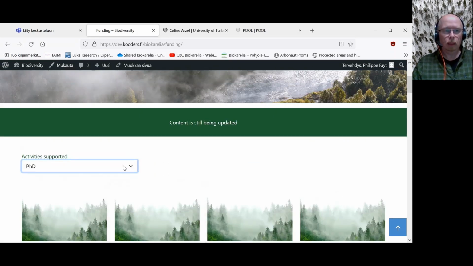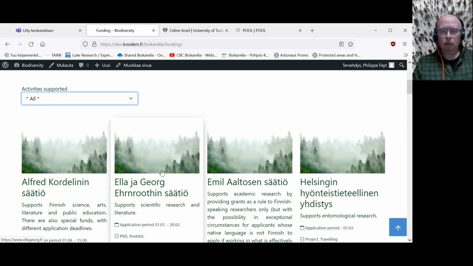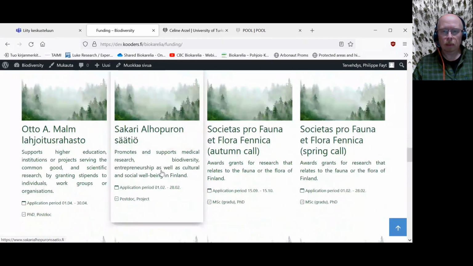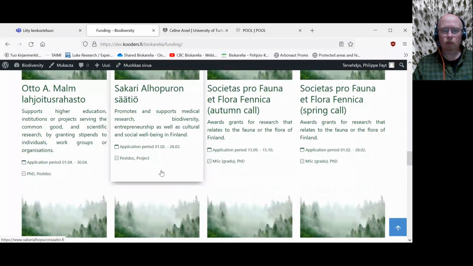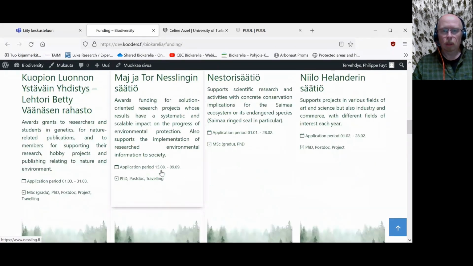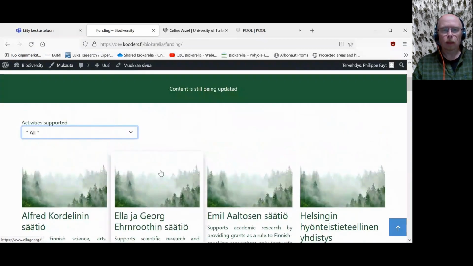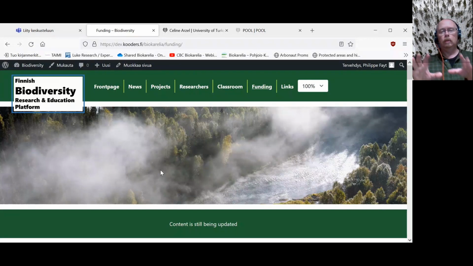That is for the funding part. The funding part is quite up to date, I think, but I still have to go to EU level and find those larger funding opportunities available. So all in all, those are the three big parts of the platform we've been developing: